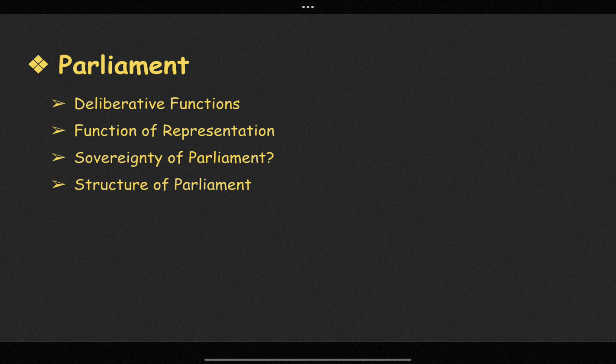Now, the presiding officers of the house. The Vice President of India is ex officio, which means by virtue of the post, the Chairman of the house. The Deputy Chairman is elected from amongst the members of the house by a simple majority and can be removed by a resolution of the house passed by a majority of all the then members of the house, which is also known as the effective majority.